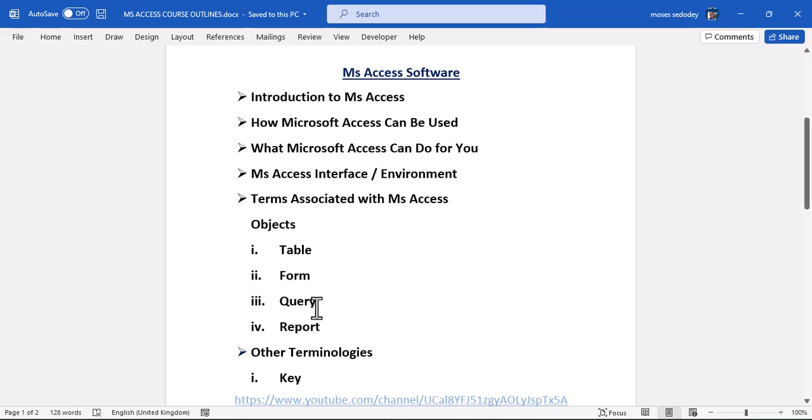Query is one of the strong tools in the database management system of Access. We create a database so that we can query it. That's the reason why we create a database. We create a database so we can query it. Without a query, people will not be